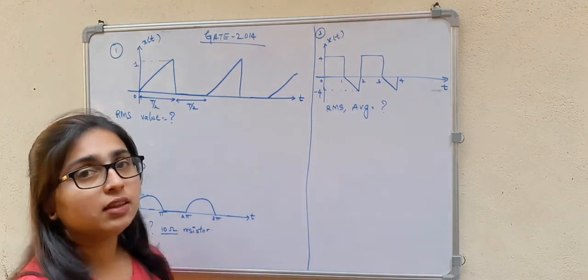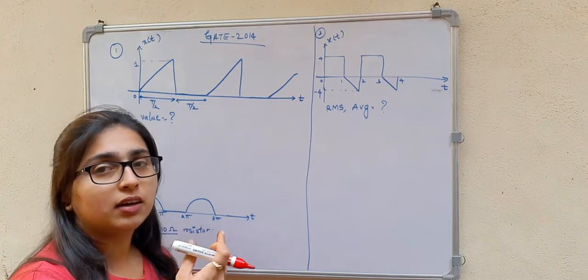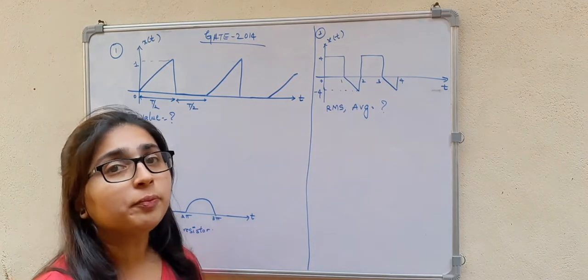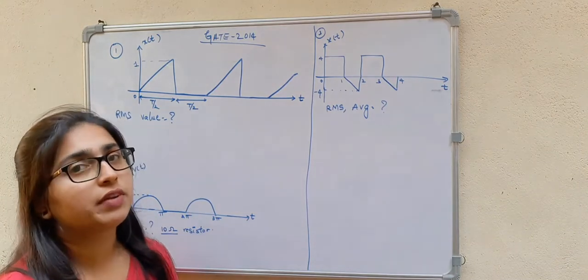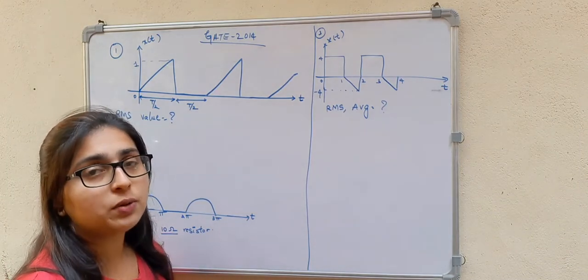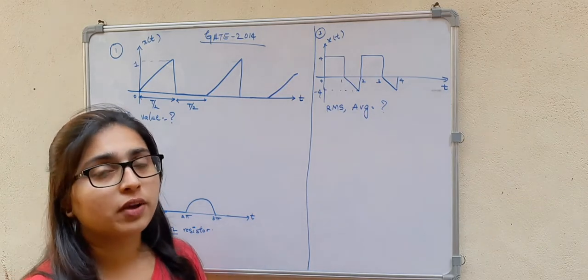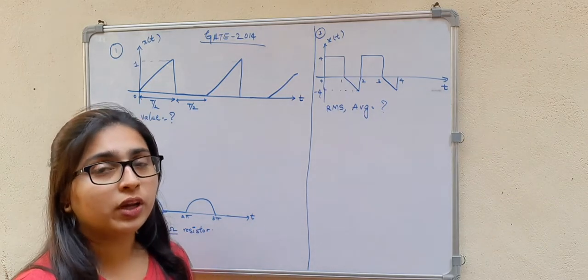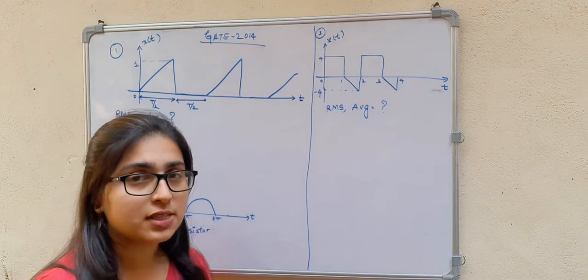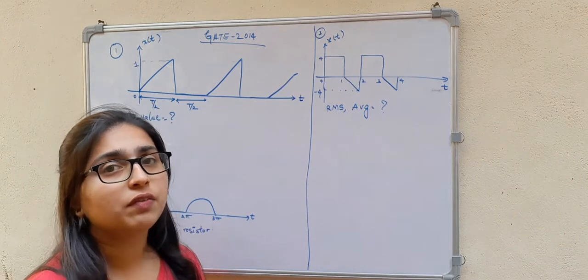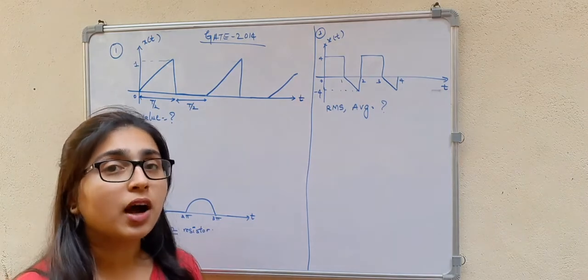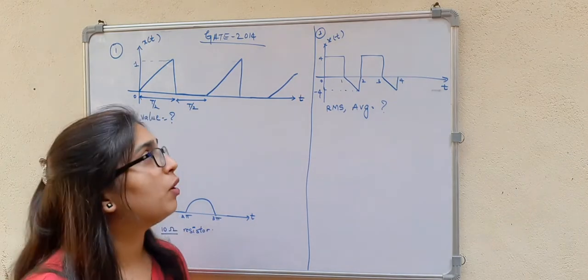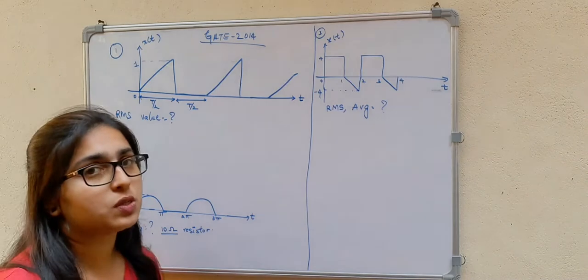We had seen the lengthy procedure: the quotient of the area under the waveform with respect to time gives you the average value, and RMS value is the root mean square value. That is, we take the mean of the square of the instantaneous value, and then take the square root of that. That gives us the RMS value of that particular waveform. But there is a simple method to solve this.